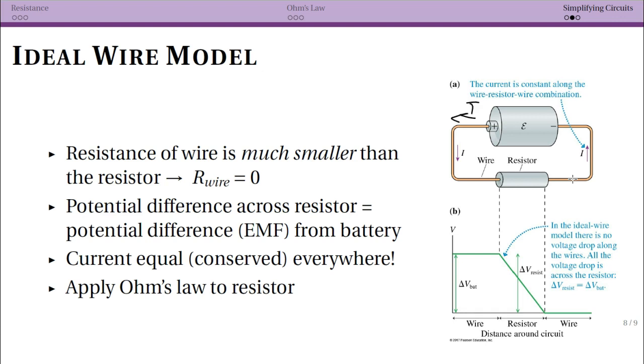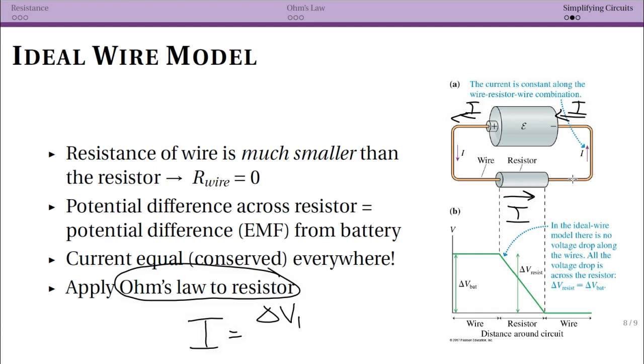So the current coming out of the battery is the current flowing into the battery, is the current flowing through the resistor. So we get to apply Ohm's law to the resistor to actually figure out what that current is. And again, in this case, it's going to be the potential difference from the battery divided by the resistance of the resistor. So this is how we're typically going to simplify a circuit, by treating these wires as ideal, so